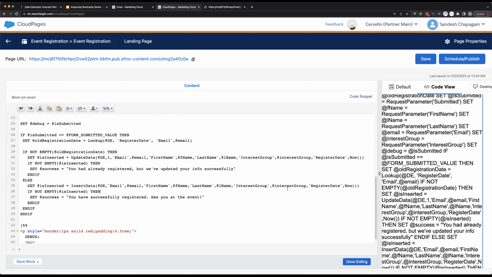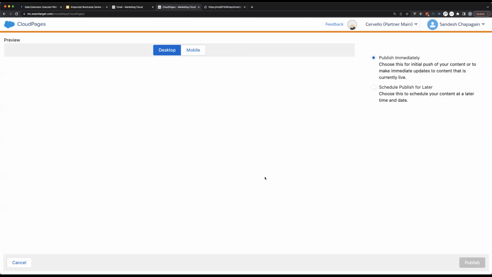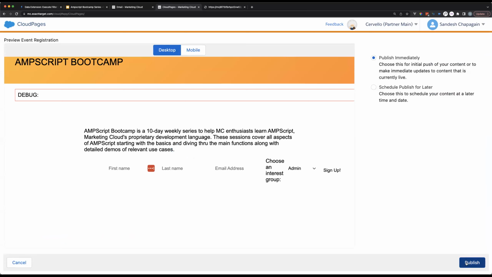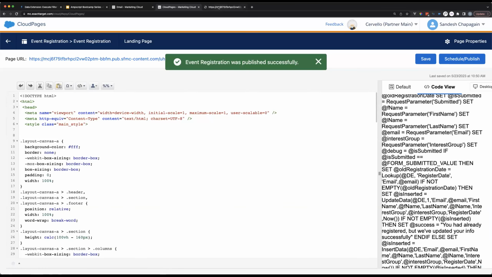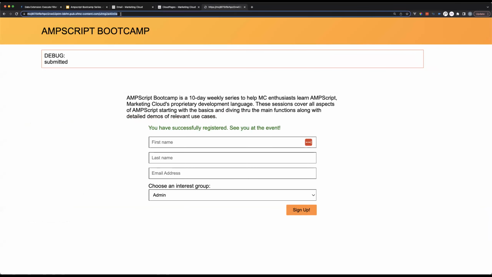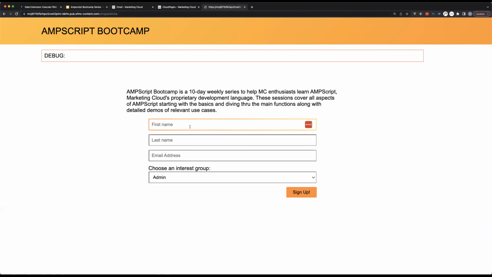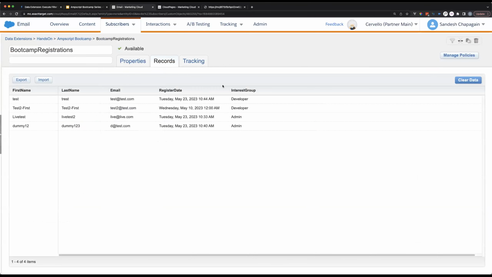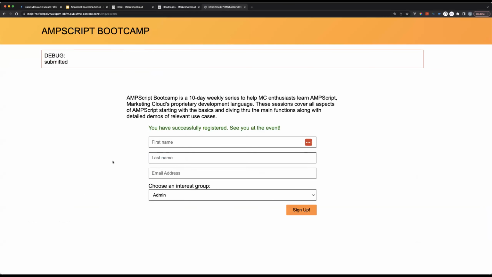Okay, it's a bunch of code we did. Hopefully, things are correct. Okay, and let's go back and try. Let's try a last name. Sorry, this is just a test. If this does not exist, which it does not, then it should insert data, right?